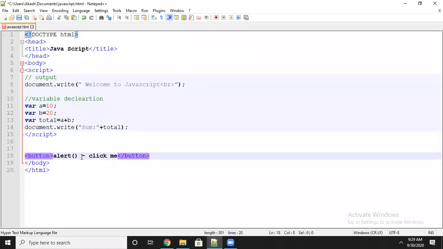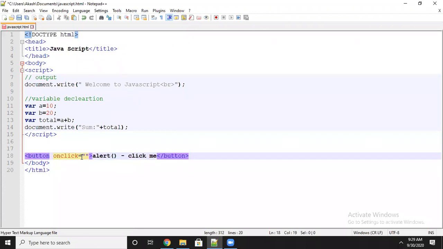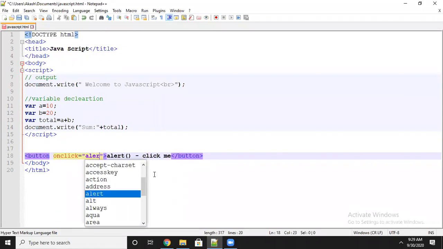is an example of inline only. Let's see, I will write onclick directly. onclick is an event handling function in JavaScript. What it does is, when you click on the button, it will fire. Inside, I will write alert, an alert with an OK button.